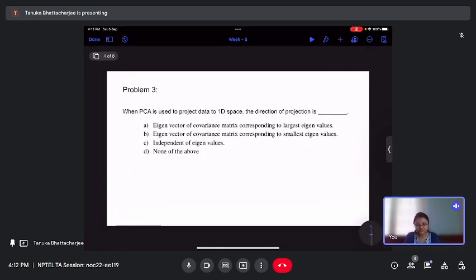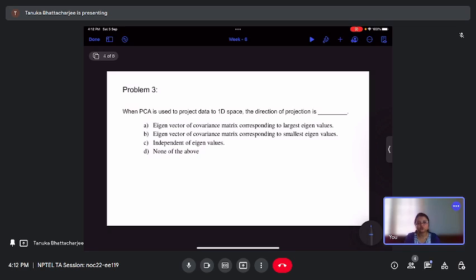So, the question is, when PCA is used to project data to 1D space, let us say the original feature dimension be any d dimensional feature vector and you want to project it to 1D space using the PCA algorithm, then what is the direction of projection? So, the direction of projection in this case will be the eigenvector of covariance matrix corresponding to the largest eigenvalue,